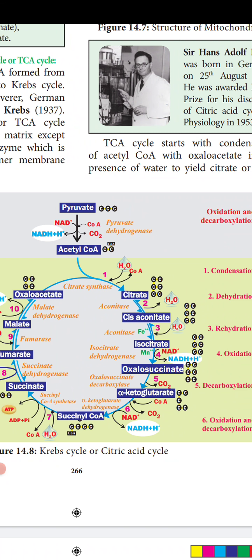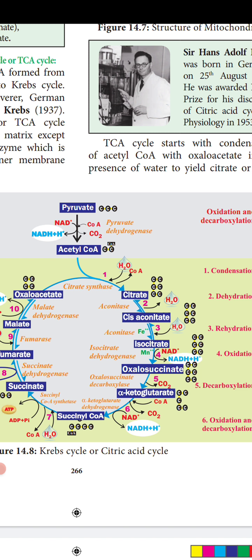Okay, next it will produce the next intermediate compound, cis-aconitic acid, and the third intermediate compound is the isocitrate. Now these three substrates, citrate, cis-aconitate and isocitrate, they all contain the carboxylic group. So this is also called the tricarboxylic acid cycle. Next, all these reactions are catalyzed by enzymes. The next substrate is oxalosuccinate. This oxalosuccinate will again undergo decarboxylation.